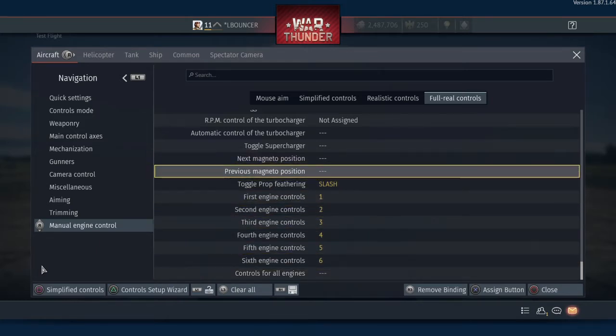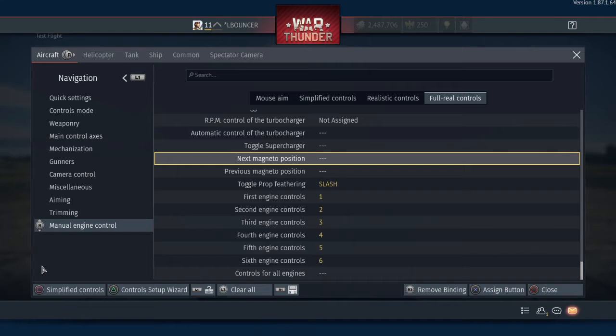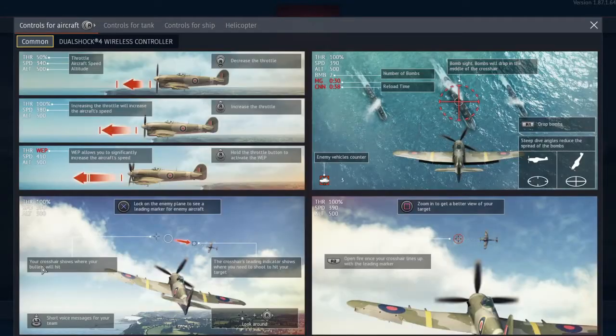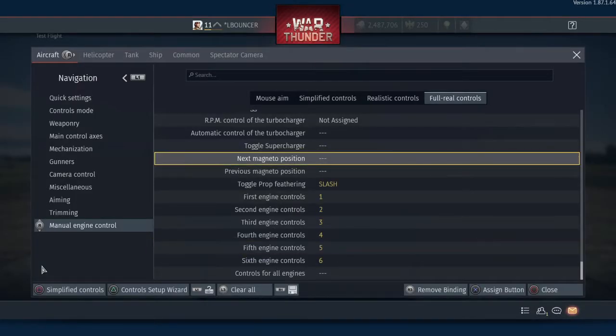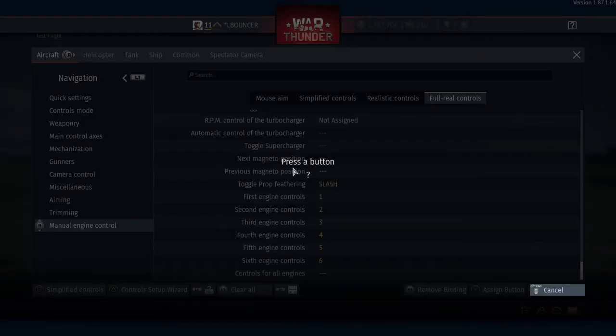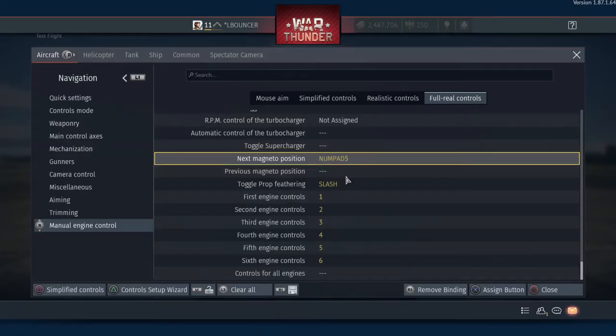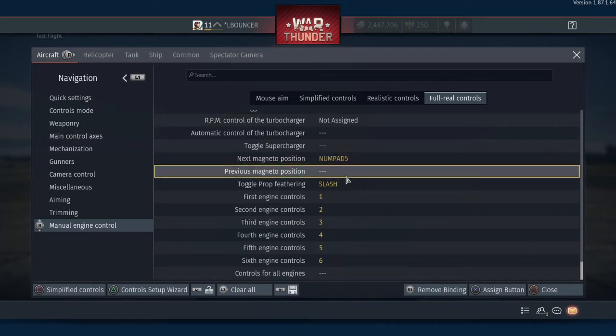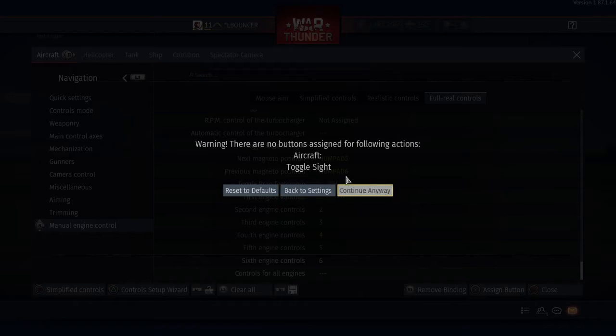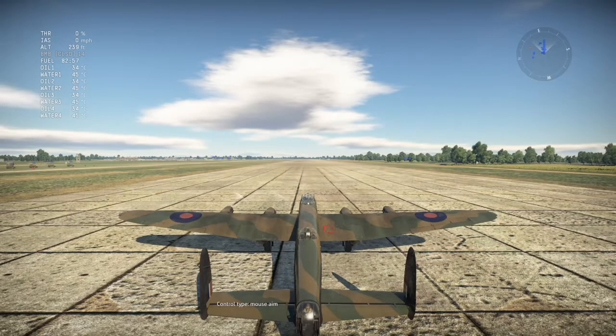Now these, I'm not 100% sure what these are for, but I've got my mouse here. So if I hover over it, it might tell us what it is. If I left click it, no. Okay, let's just click on it. Okay, let's just press this one. Numpad 5. Okay, we'll put this one to numpad 6. Okay, let's go here. Don't worry about that bit. Okay, so if we press,